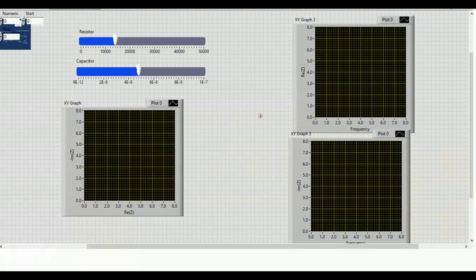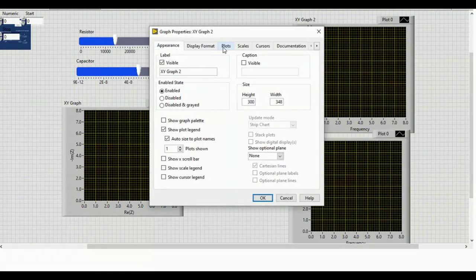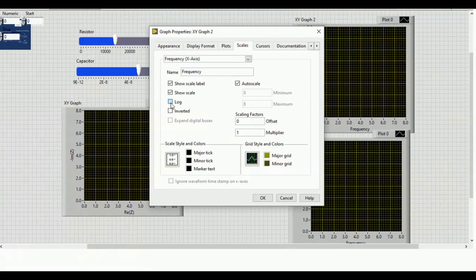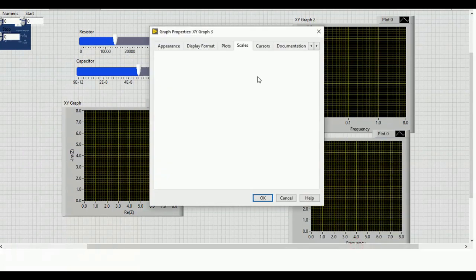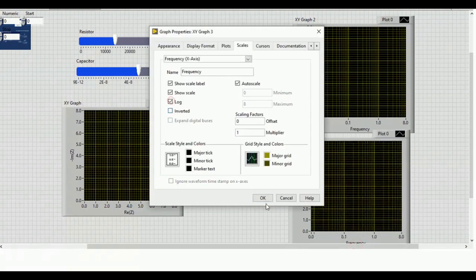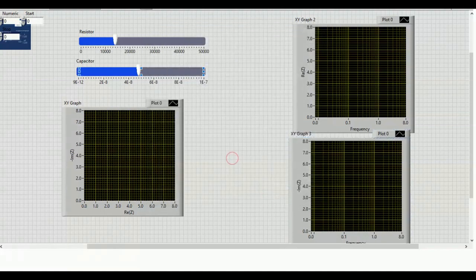So I have to change the log scale in the frequency range. In the scale, in the log, okay, fine. And this also I have to go to the scale properties, and create the log scale. Now both are in log scale.